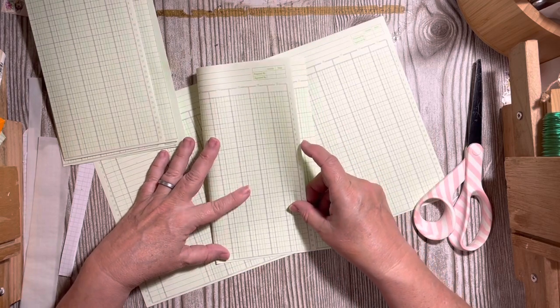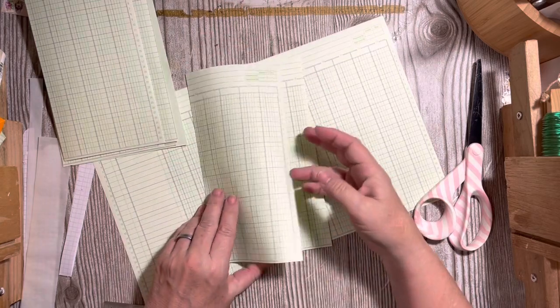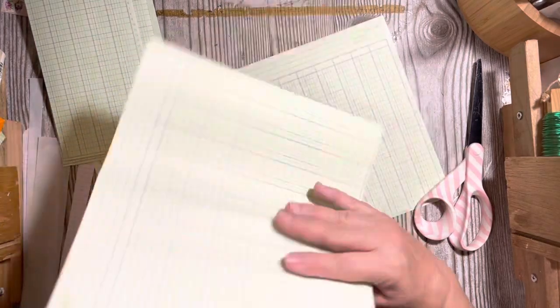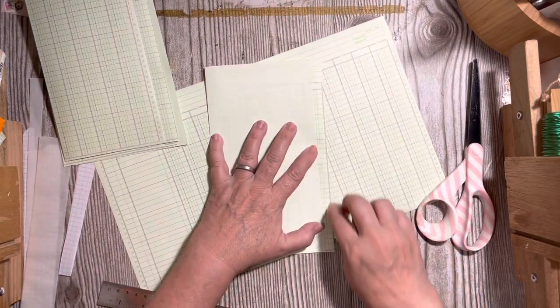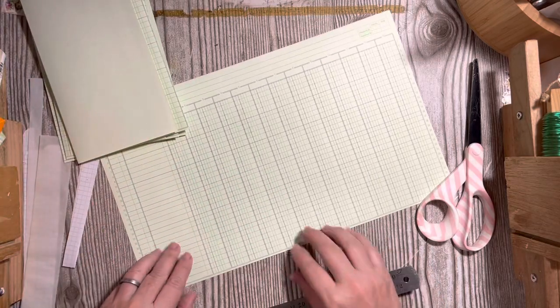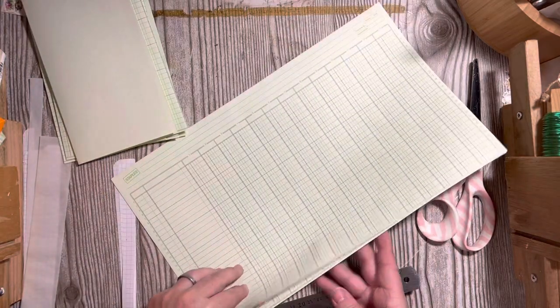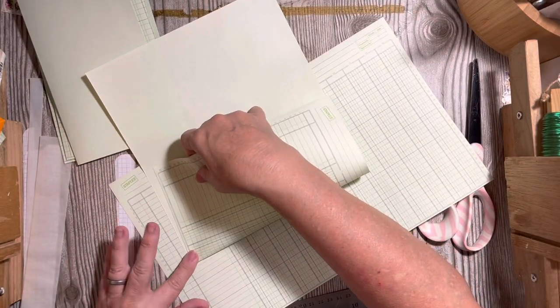Line it up, and fold. Okay, but what I'm going to do is turn this around, and my flip out this time is going to be in this direction. Okay, and so each journal will get one of those. And I've just found, for me, it's better to fold each of these individually